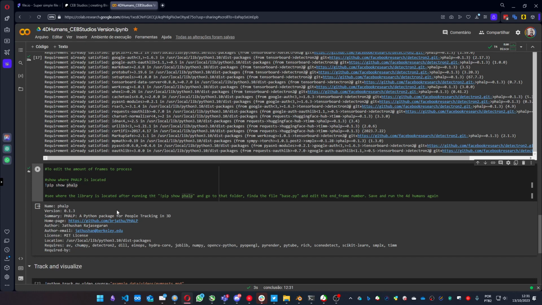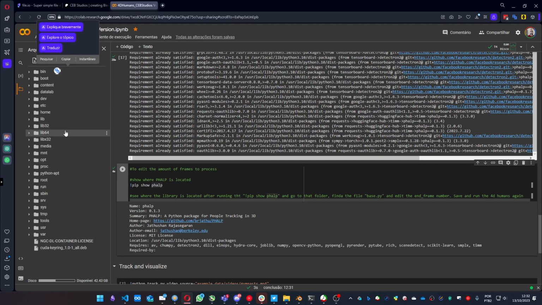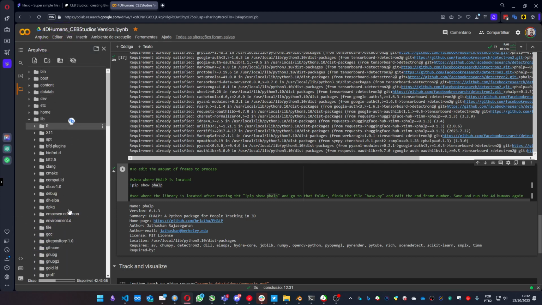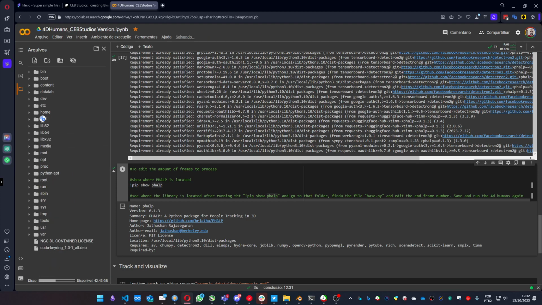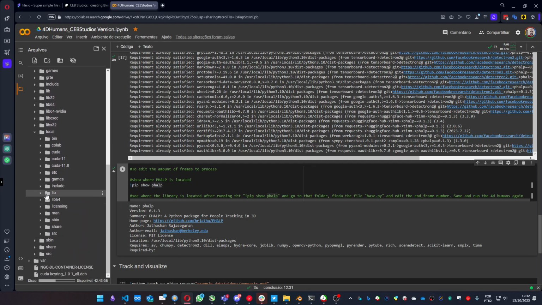python dist packages. So we can go to this part, it's the file folder, and you see you don't have a user local etc. here, but you can double click on this folder and it will go to the root of the Google Colab, and you can find the user. Let's see, user local lib python